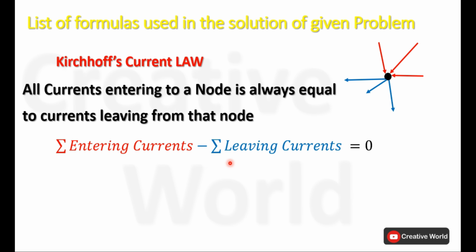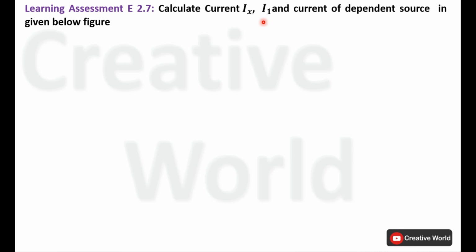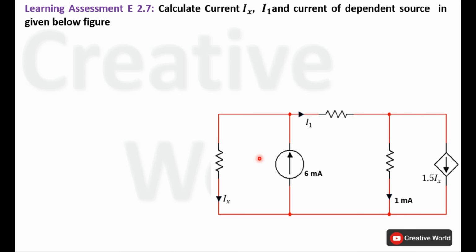Now move towards the problem. Read the scenario. Learning assessment E2.7. Calculate current Ix, I1 and current of dependent source in the figure given below. This is the circuit diagram for the given problem and we have to calculate the values of currents Ix, I1